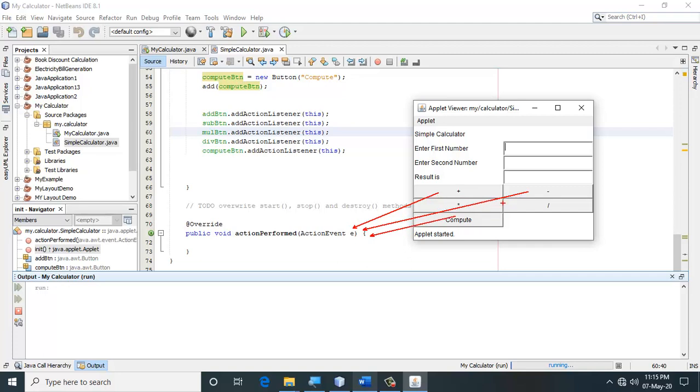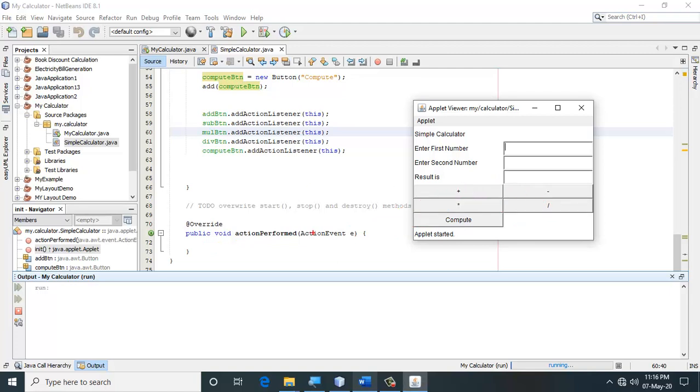How do I know which button is pressed? When I click on any of these buttons, this actionPerformed method is called directly. Now within this method I have to find out which button is called. How do I distinguish between the different buttons?